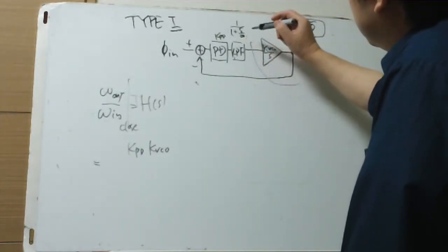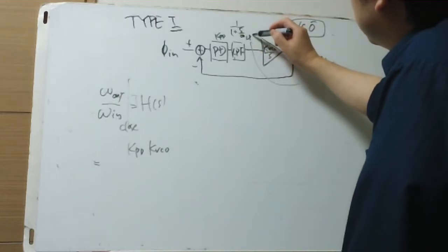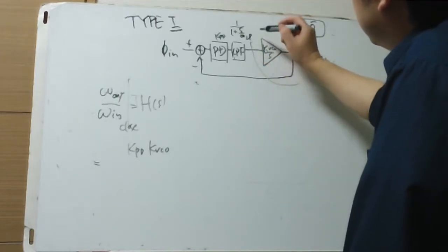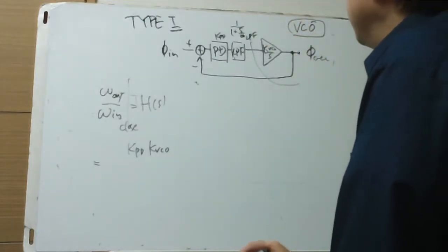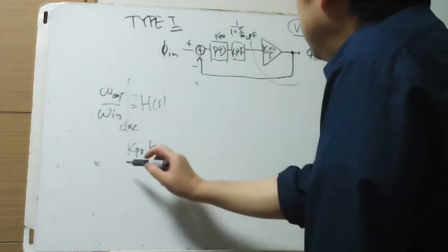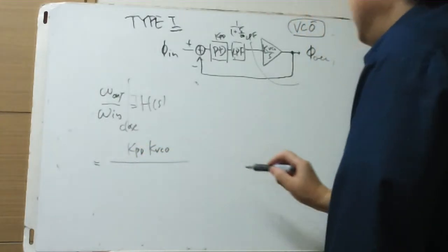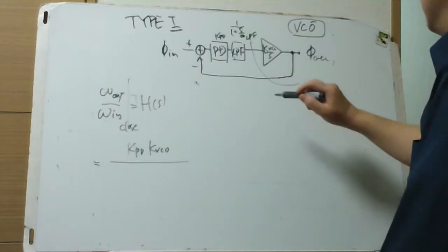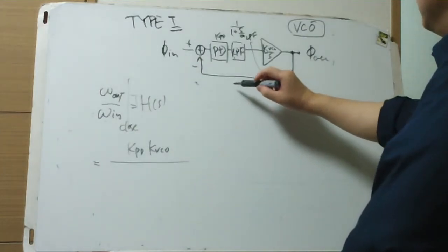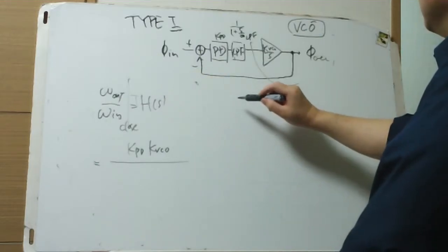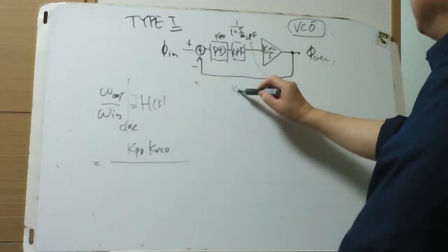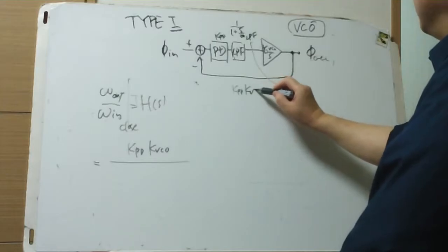This is the omega low pass filter. Omega 0 is in this book. I remember this is the low pass LPF, omega LPF, but I don't remember exactly, so I derived this. So Kpd Kvco